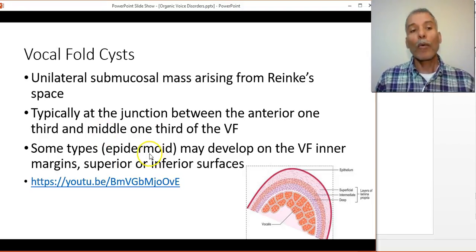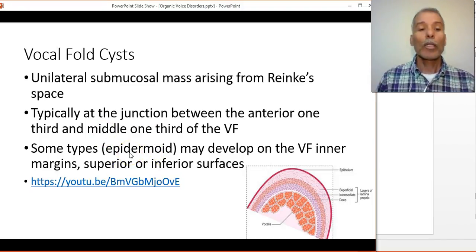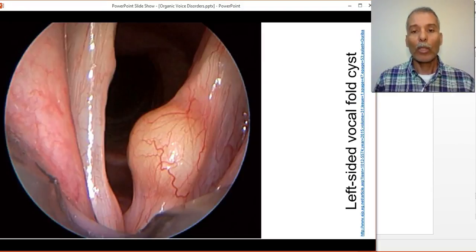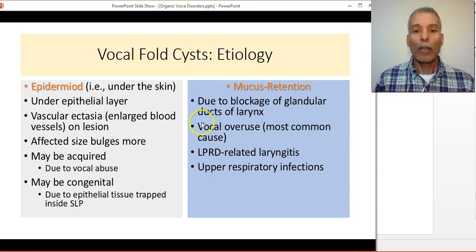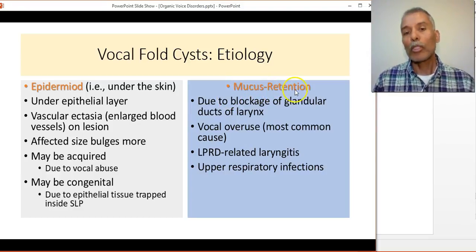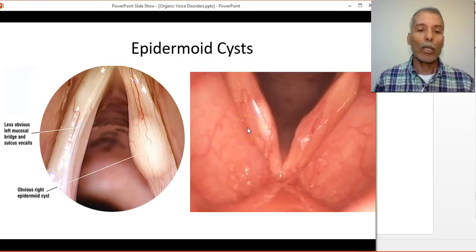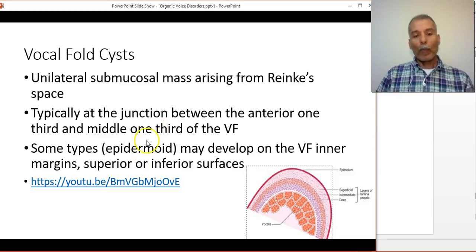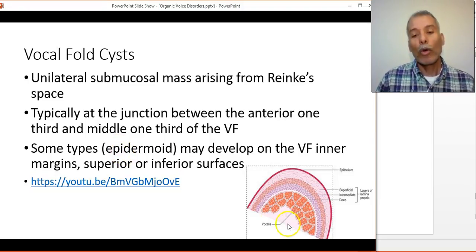So there are two types of cysts. One is called epidermoid, and one is called mucus retention cyst. I will come back to this and explain. But the epidermoid,